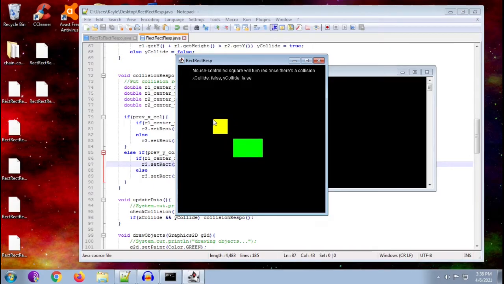So for example, we're here, both x collide and y collide are false, then it suddenly collided with the green rectangle. As you can see, in here, our collision is still working, but sometimes both x collide and y collide